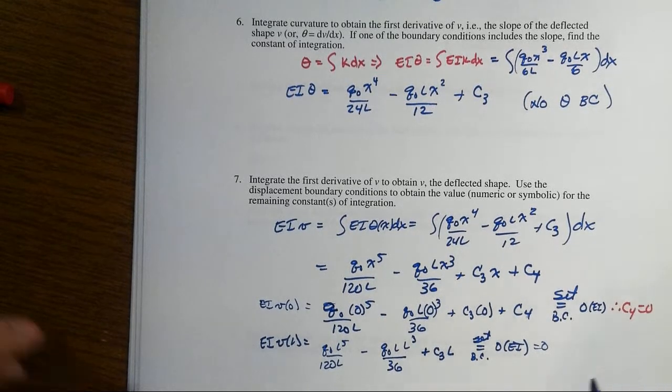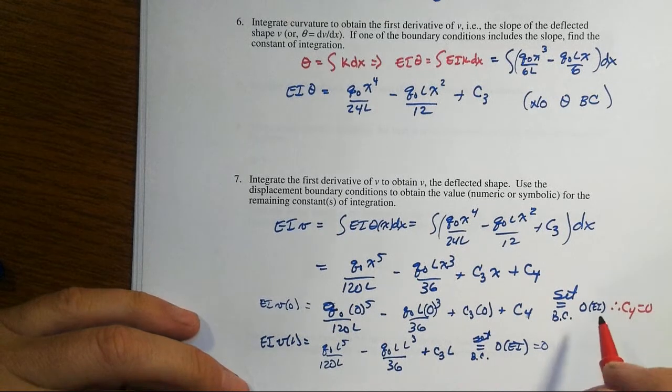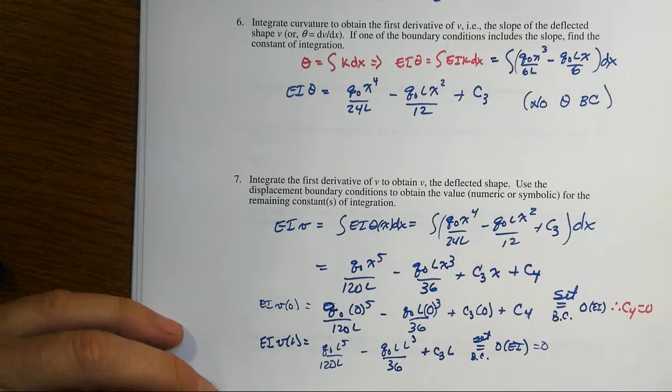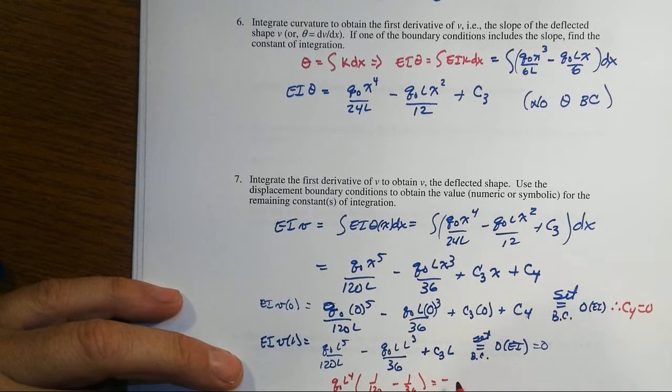So we have that there's going to be some sort of constant sitting here to all work out, and that all that working out is going to be, let's see here, how is this going to work? Might have to do some little work myself here. Q naught L to the 4th, 1 over 120 minus 1 over 36 is equal to, take that to the other side, minus